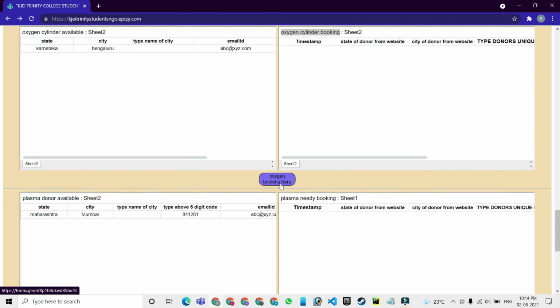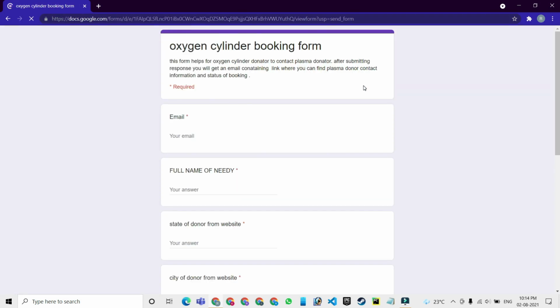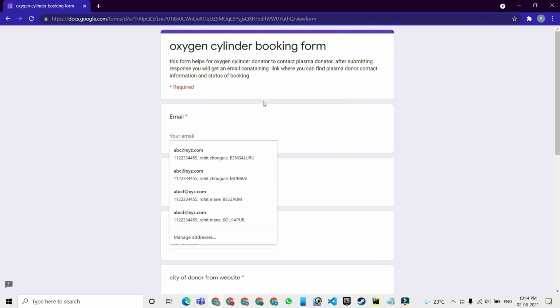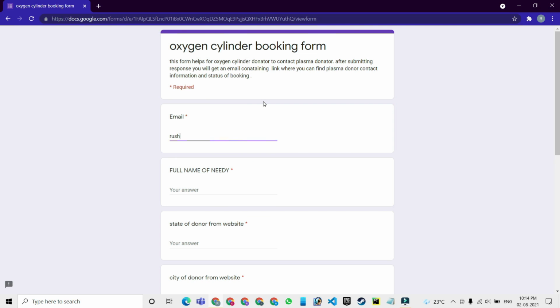Then click on the book oxygen cylinder button. Then you will get diverted to the oxygen cylinder booking form where you have to fill some basic details for booking like full name of needy, state of donor, from website, types of donors, unique 6-digit code, etc.